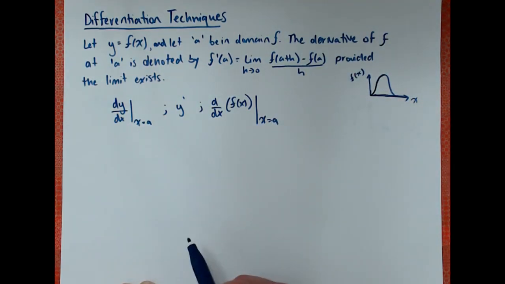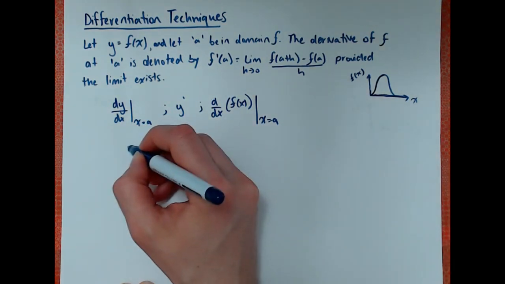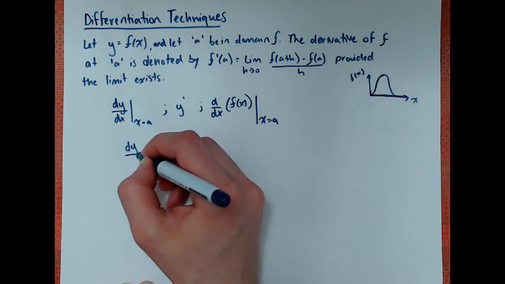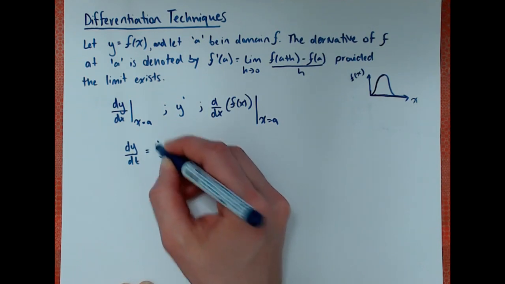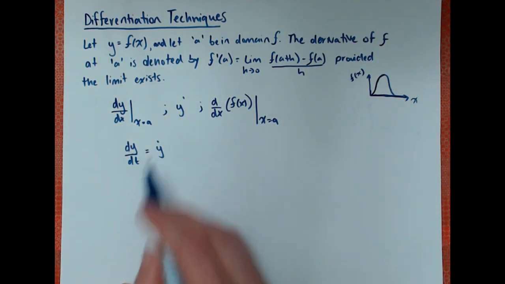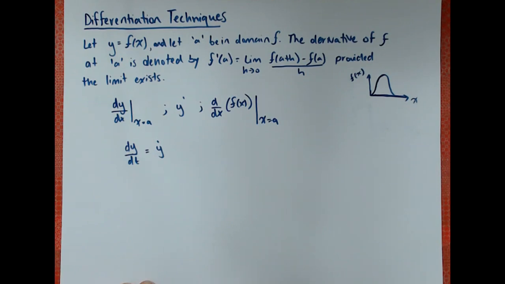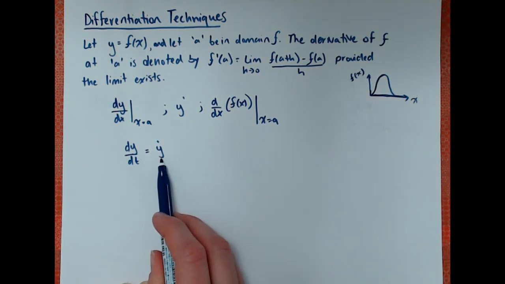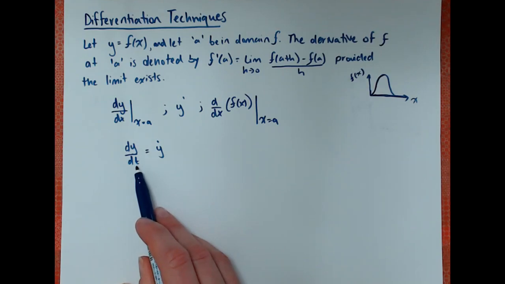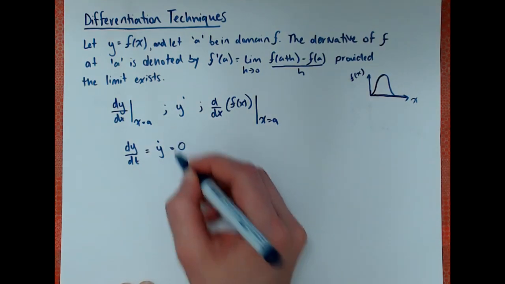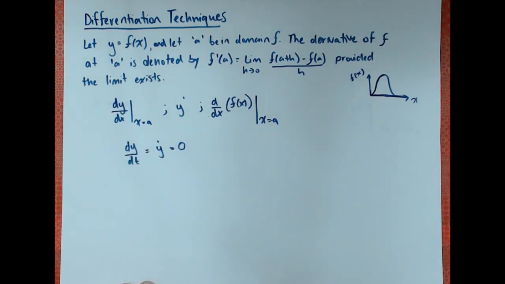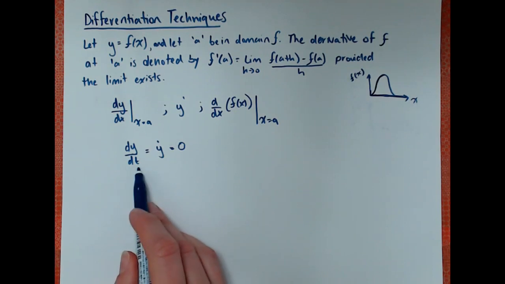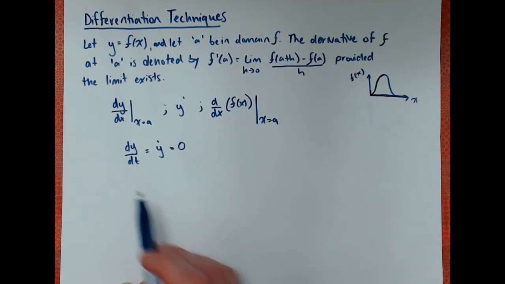Another notation is if you're taking the derivative of something with respect to time. So let's say you have dy over dt. You could also denote this as y dot. The dot is usually there just when it's a derivative with respect to time. And in this case, what would that be? The derivative of y with respect to time in this case would be equal to 0 because our function doesn't change with time. Our function changes with x. So just be careful that you're paying attention to the derivative that you're taking, the variables that you're using when